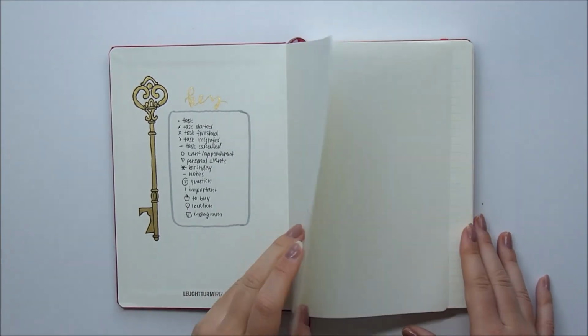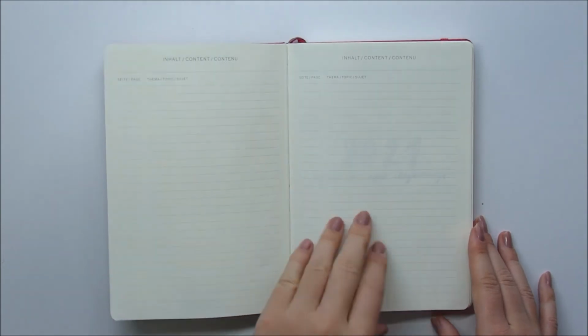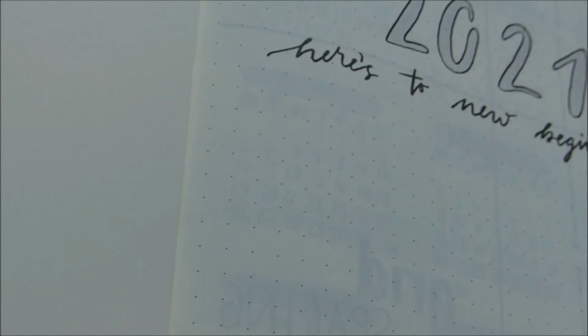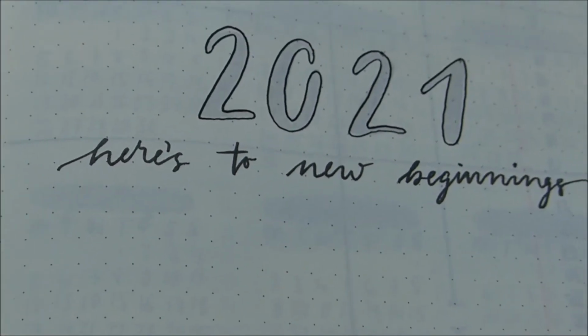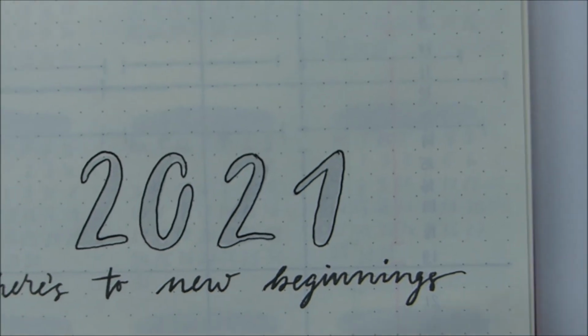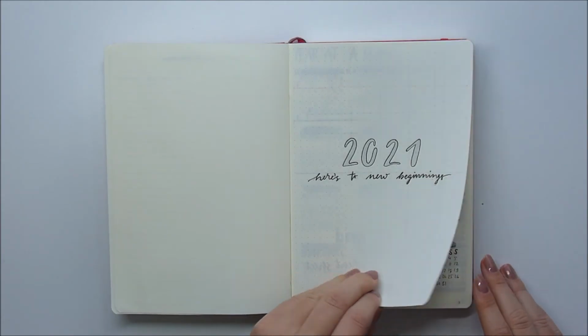I really enjoyed setting this up. It's pretty minimalistic and neutral, but I like that. I'm planning to use these spreads in the beginning of the bullet journal for the whole year, which is why I didn't want a theme for them. I wanted them to be kind of